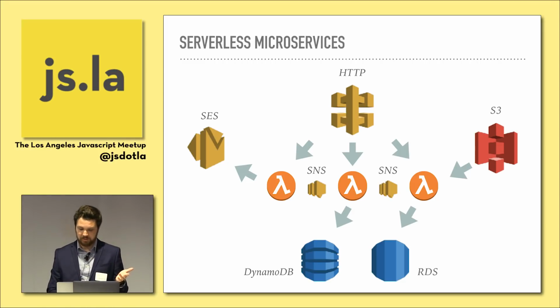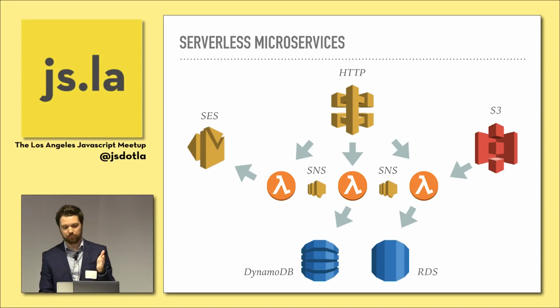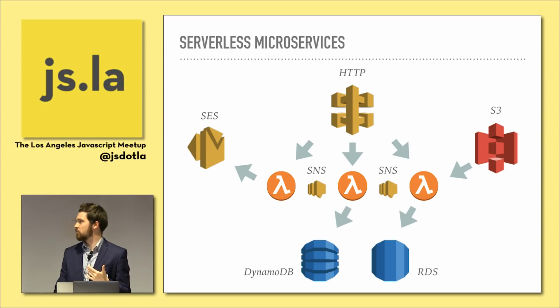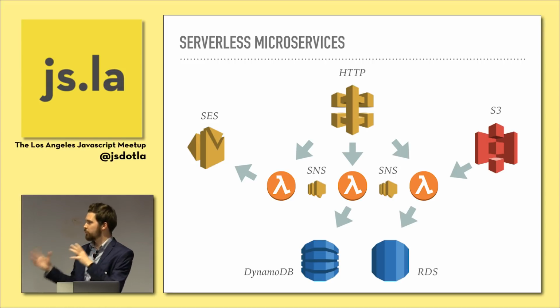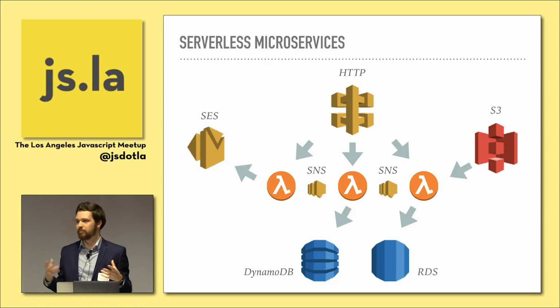Your Lambda can send emails, and every single Lambda does its own thing, just one thing. That's the whole point of it. And each Lambda can talk to each other through SNS. So with this, at the end of the day, you get a pretty powerful architecture with a lot of building blocks where you can put it all together and create something really amazing.